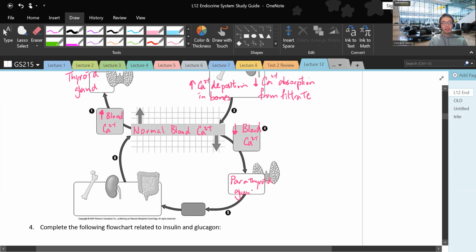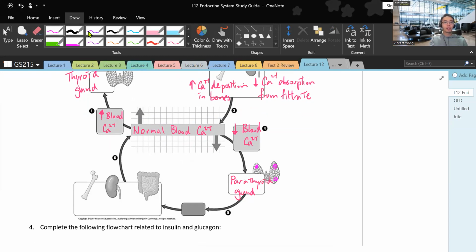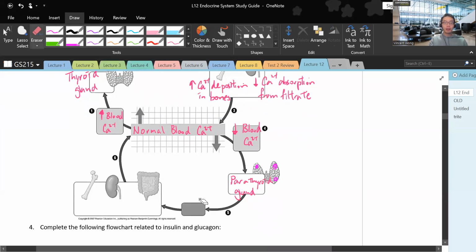Parathyroid gland. Now, it's not really clear in this picture where the parathyroid glands are, but they are located behind your thyroid gland, and there will be like 4 little knobs. Okay, 1, 2, 3, and then the 4th one is blocked by this box, but that's a parathyroid gland, and the parathyroid gland will secrete the parathyroid hormone,